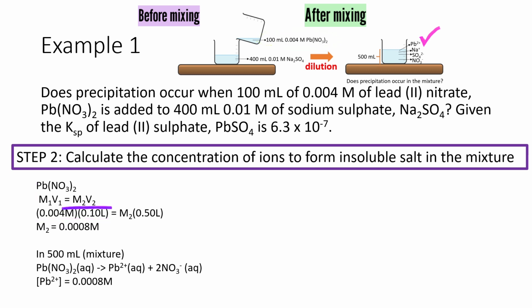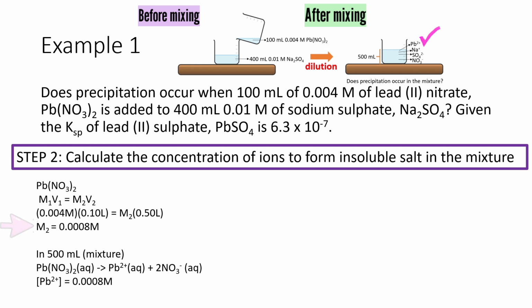M2V2 refers to the molarity and volume of lead-2 nitrate after mixing. M2 we want to find, and the volume V2 after mixing is 0.5 liter. With this, we get the molarity M2 after mixing equals